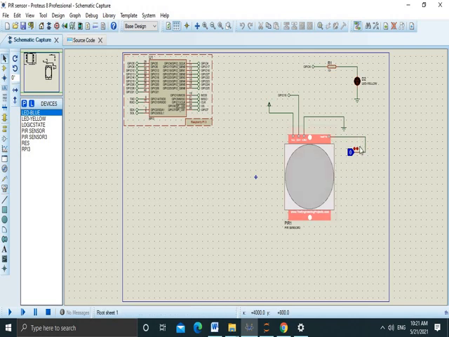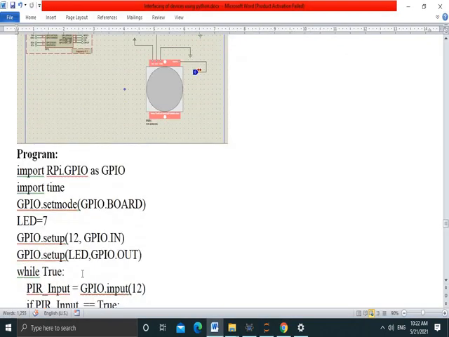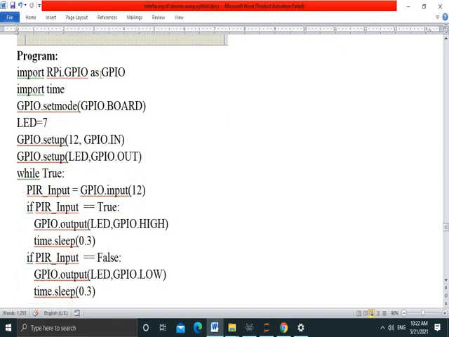If a person is detected, we force it to 1, because all is a virtual thing. And then when 1 is detected, meaning a person is detected, then the LED is glowing, indicating that a person is in front of the PIR sensor. In the program, we import the Raspberry Pi module, then import the time module,